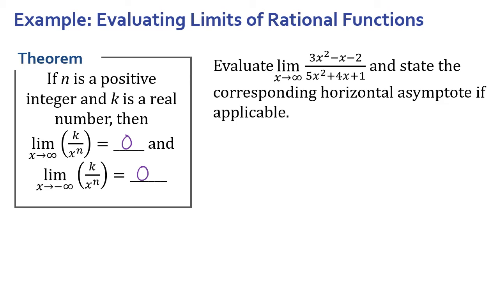So we can use this to help us when we're evaluating limits like this, because again, right now, if I substituted in infinity, I'm going to be in an indeterminate form. We talked in the last section about the indeterminate form of 0 over 0. Then we talked about vertical asymptotes in this section, where you have a non-zero number divided by 0. Now we're going to talk about a different indeterminate form, and that's the form of infinity